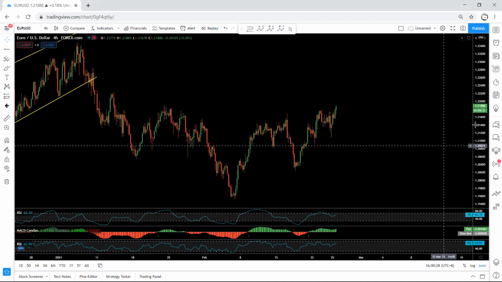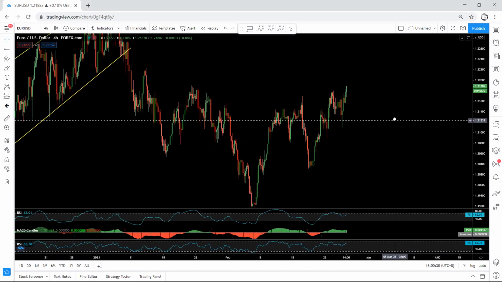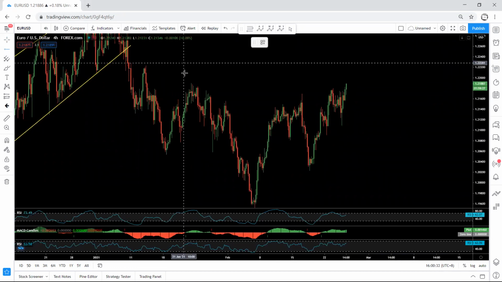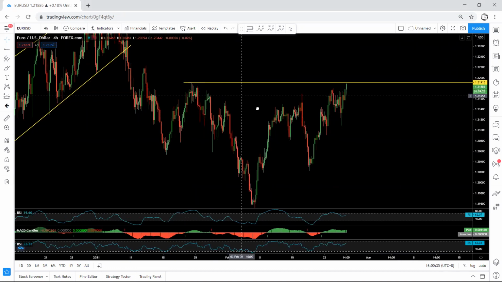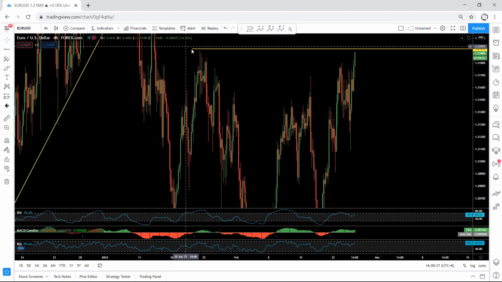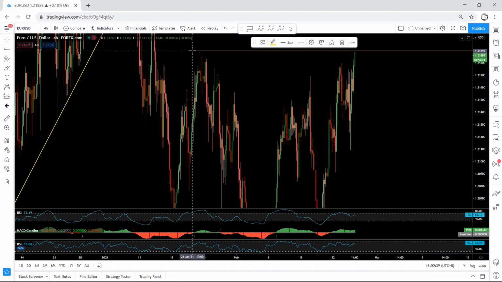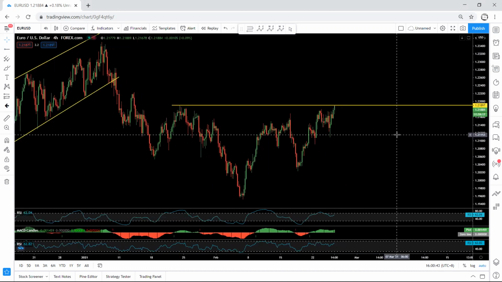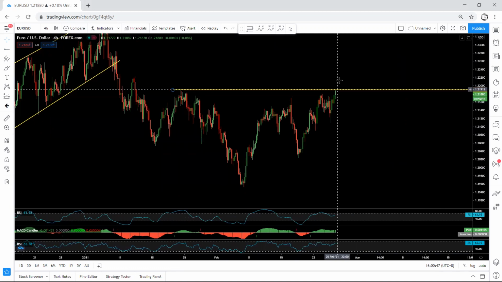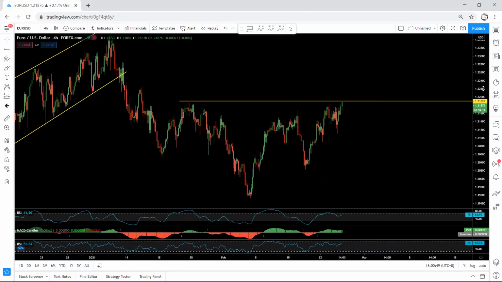Okay, based on the 4-hour chart, what are we talking about right now? We are talking about this top. We want to see whether the price can break this one or not. If I make it more clear, all right. And as you can see, the price is almost near what we're looking for, the breakout of the price of 1.2189. Okay, we want to see whether this one can continue and break or not,